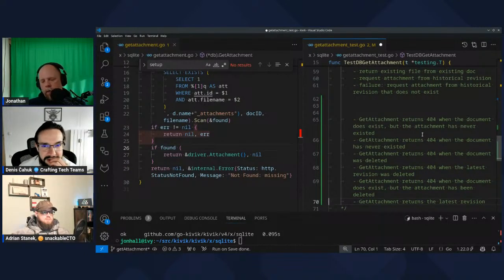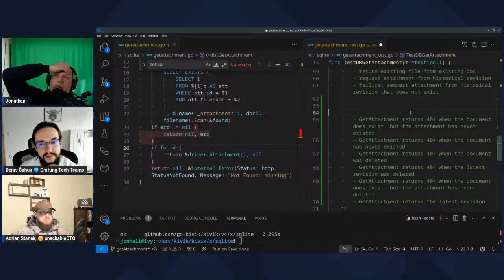Now, what else? Are there more cases? If we want to go into conflicts, we could come up with more cases. I don't know if you want to bother with that right now. No, but I'm just curious. Above line 65, is there a zero state, or is there something weird going on? There's also the case that the database doesn't exist, but I don't think we go into it.